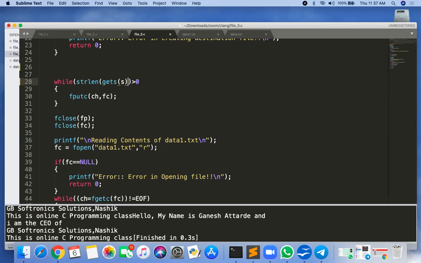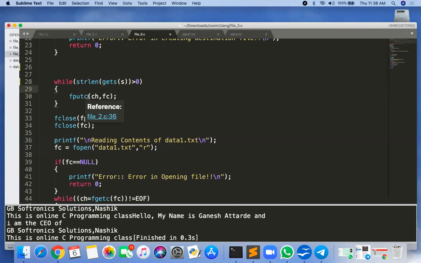If I'm inputting a line, and the strlen of whatever line I am entering is greater than 0, then I need to put that line into your file.